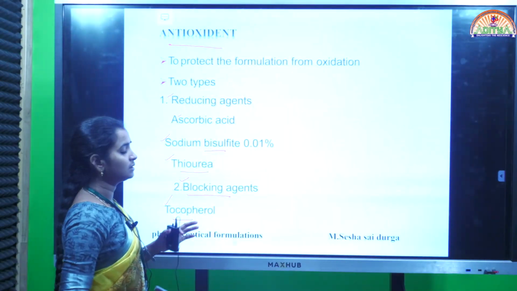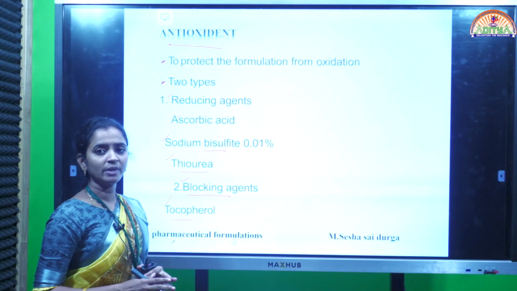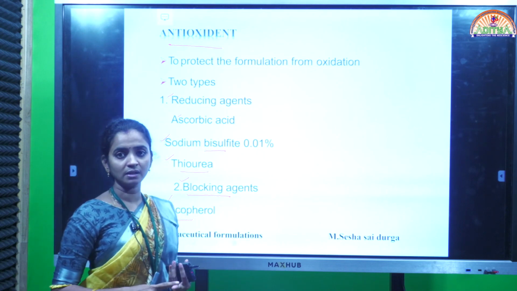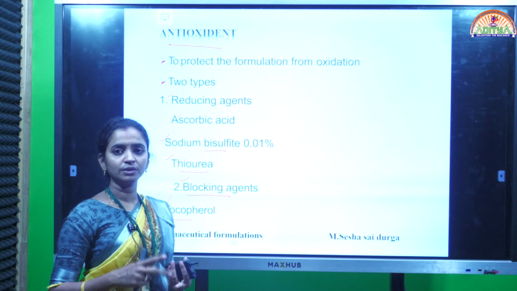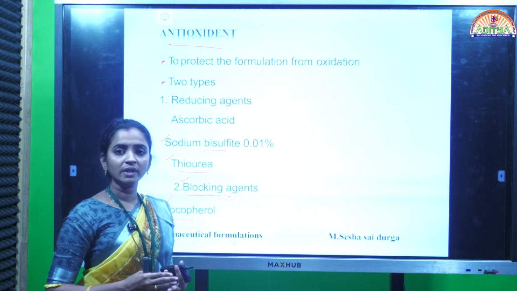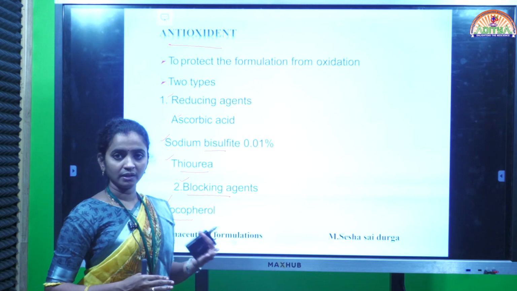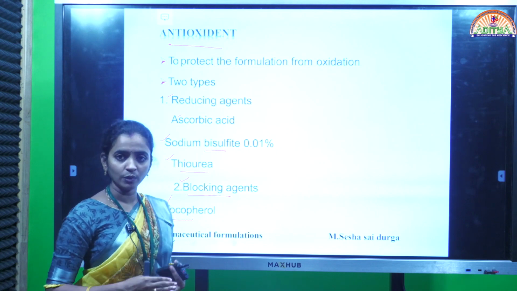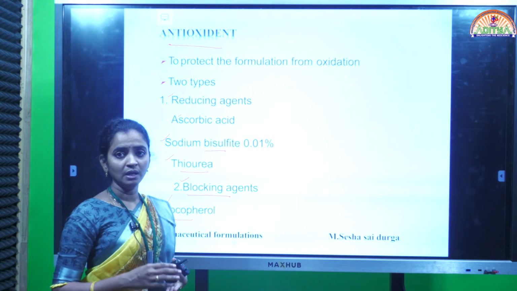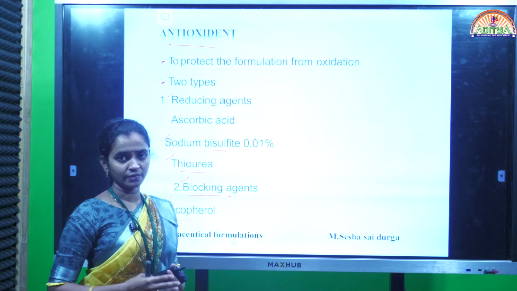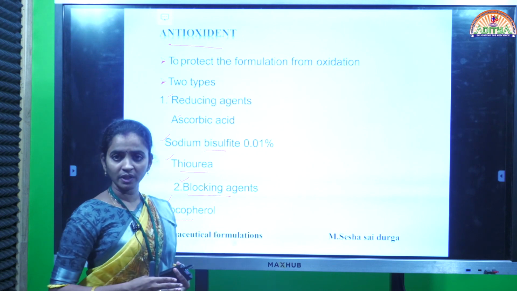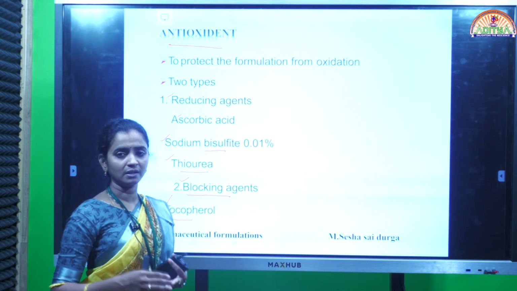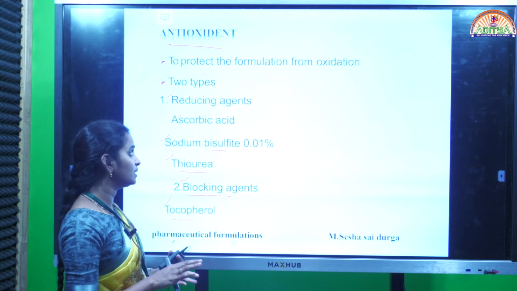Okay, so these are the common ingredients generally used in the making of a parenteral formulation. Let me revise what we discussed. First is the vehicle, and we have two types of vehicles, aqueous and non-aqueous. Under aqueous vehicles, we discussed examples like water for injection, sterile water for injection, bacteriostatic water, and water miscible vehicles. Coming to non-aqueous vehicles, these are different types of oils obtained from plant and vegetable origin.